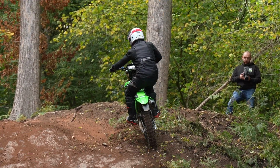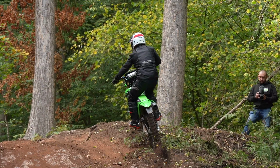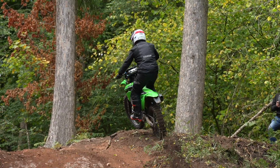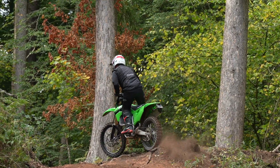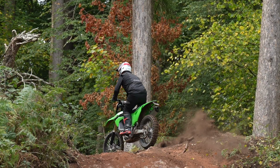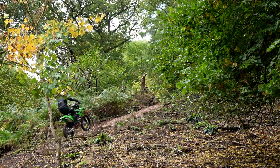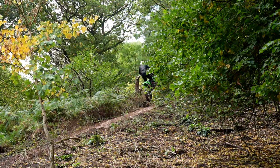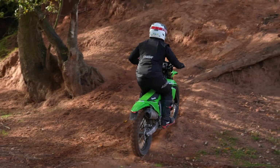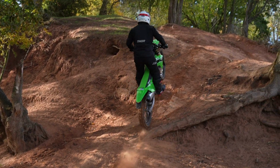So for me, that bike would be perfect out in the open. If I was to use it as a cross-country bike slash enduro bike, I would definitely be fine-tuning it and taming the motor down. If I was using it for a cross-country bike slash motocross bike, it's a winner. Perfect. But going back to the 250, I just felt like that was a perfect all-round bike,